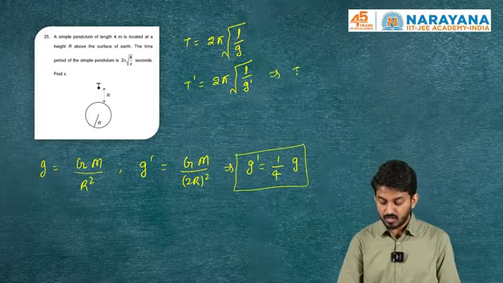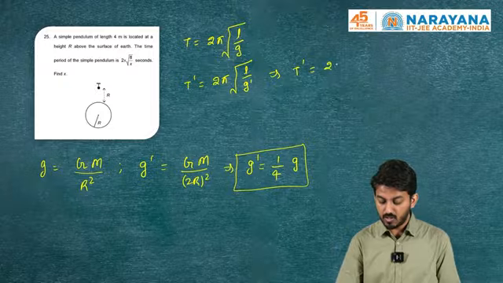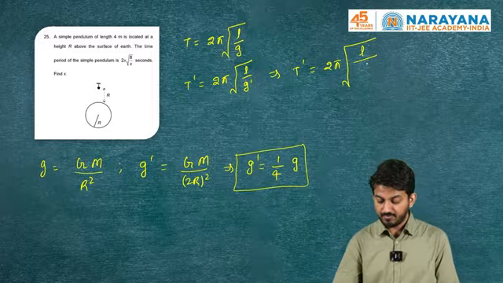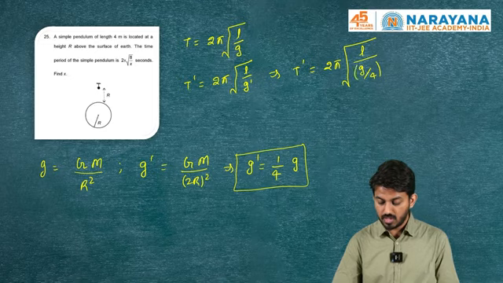So from this we can continue and write down T prime is equal to 2 pi root over L divided by the value on the earth by 4, like that,